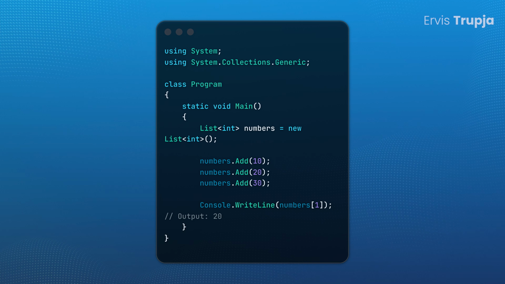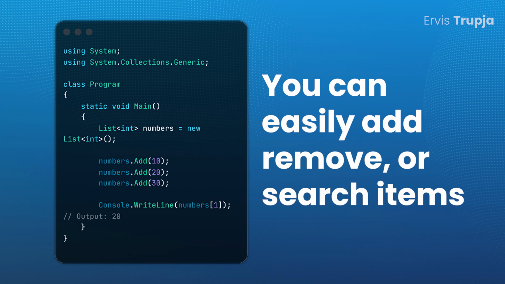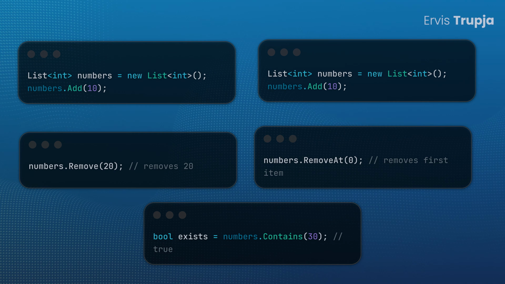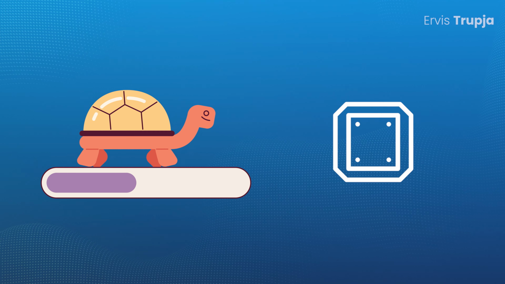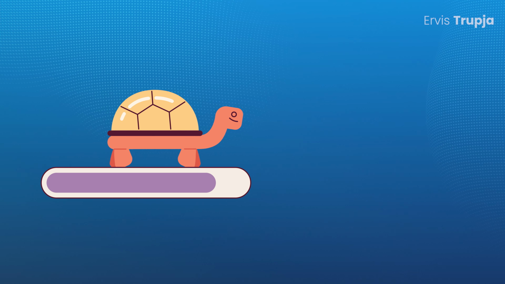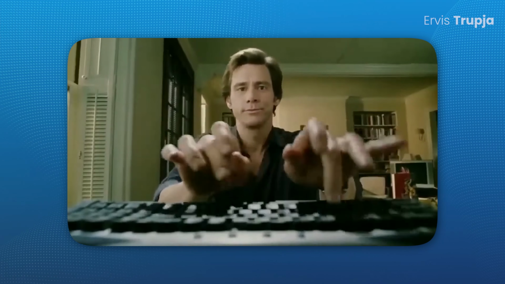Lists, on the other hand, are dynamic. You can easily add, remove, or search items, and they come with many helpful built-in methods. They are slightly slower and use more memory because of the flexibility overhead, but they make coding much easier and